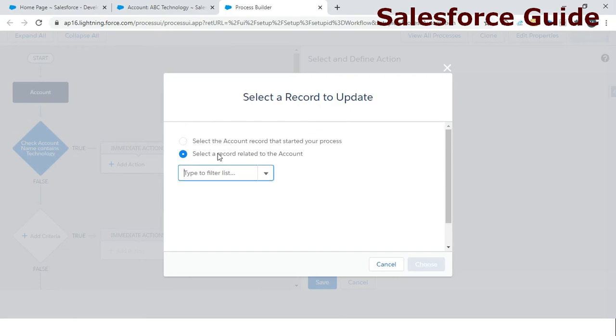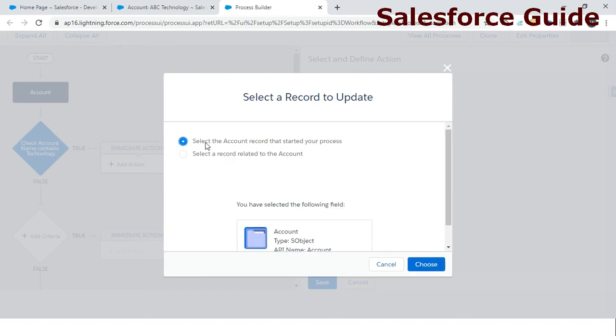Here, if you want to perform an activity on other records related to your current record, then you can go with the second option. Or you can continue. As of now I want to perform the update on the same record itself, so I'm checking this.